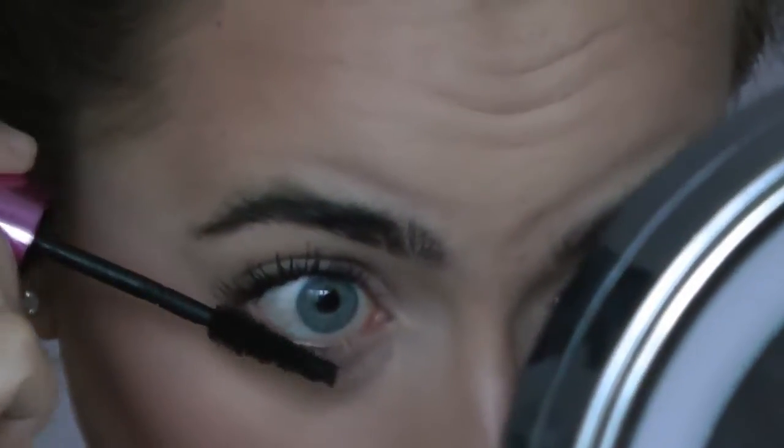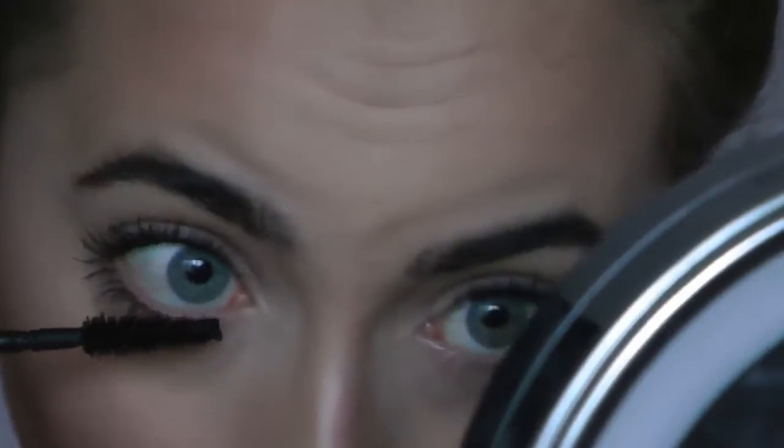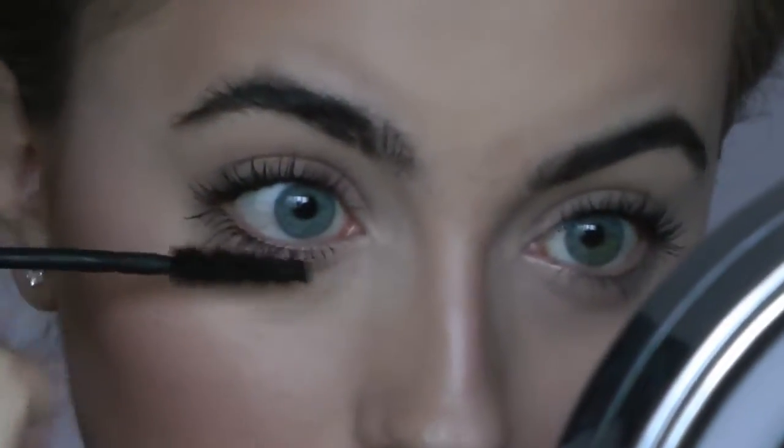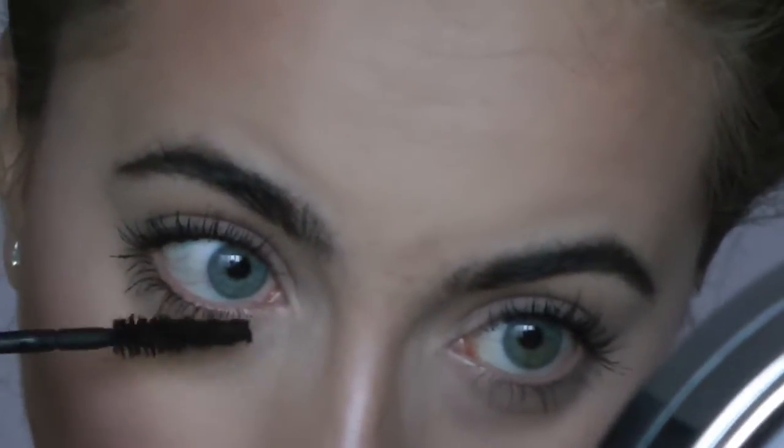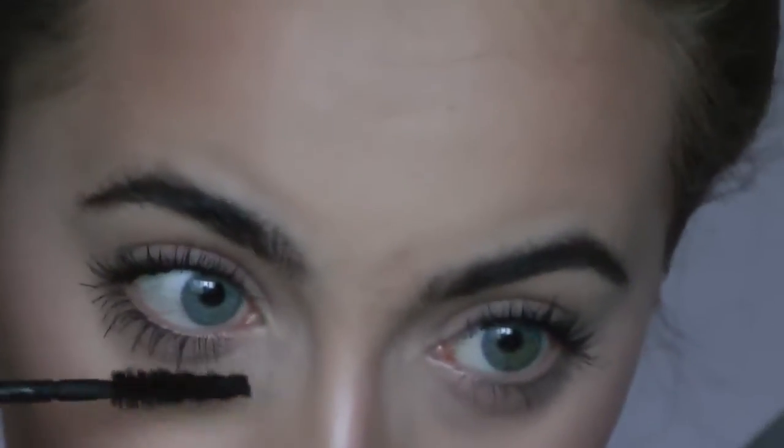When I do my lashes on the top, I like to place my mirror right below me and look down into the mirror. That way I can see the length of my lashes and how I'm applying it and if it's even or not. That's perfect. It works great. But for lower lashes, I like my mascara